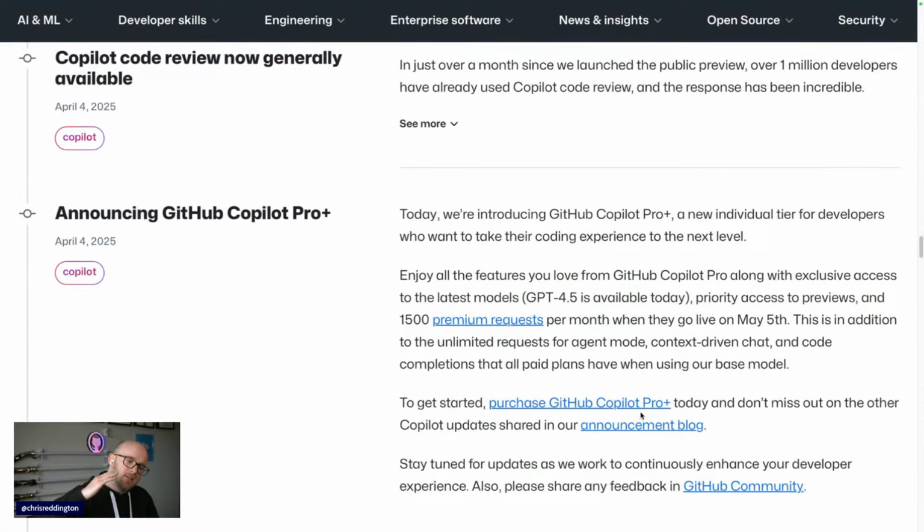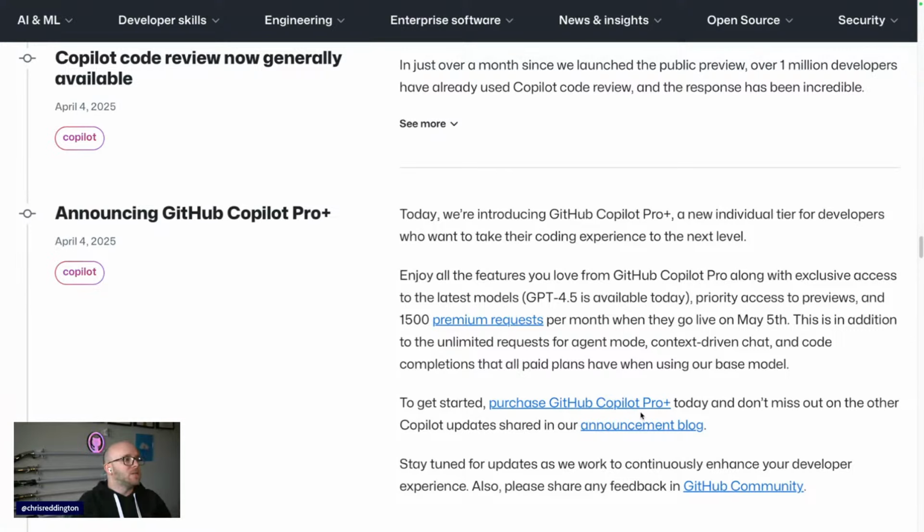So there's a new tier. If you think about the Copilot SKUs you can have, there's obviously Copilot Free, which we brought in around December time. But before that, there was Copilot Individual, Copilot Business, and Copilot Enterprise. And when you think about it from the organization side, there's two tiers, business and enterprise. Well, now we're bringing another SKU on the individual side.